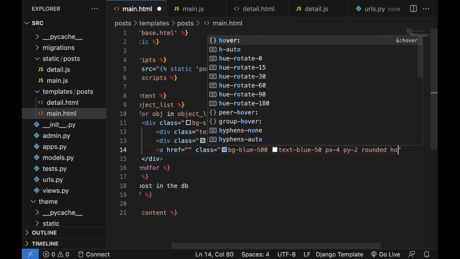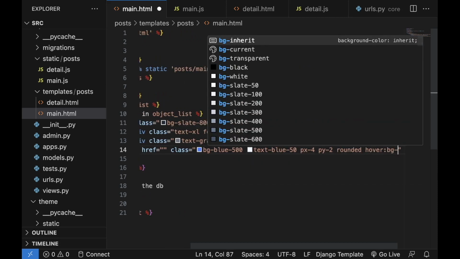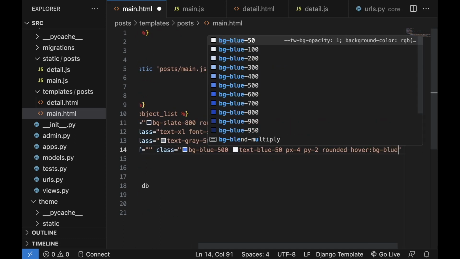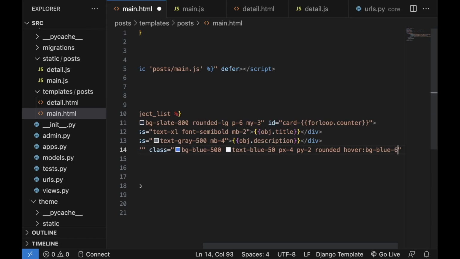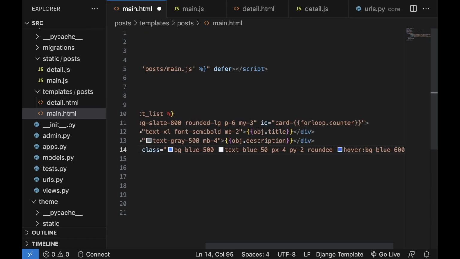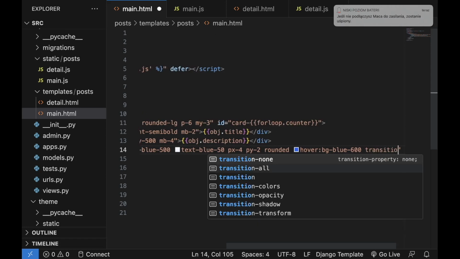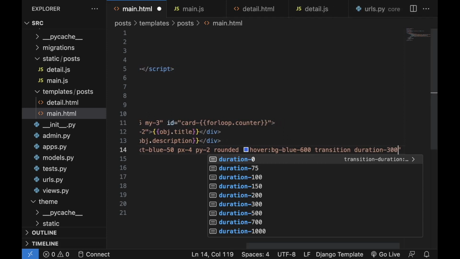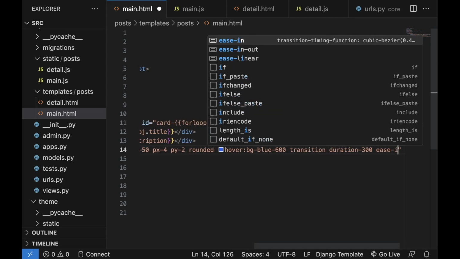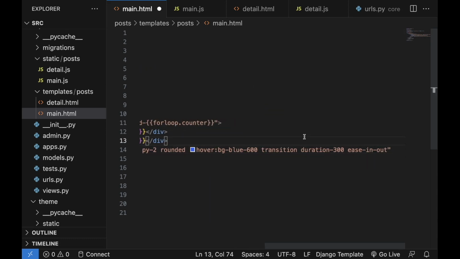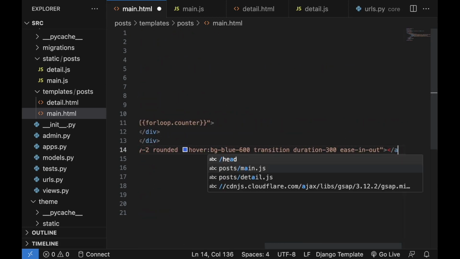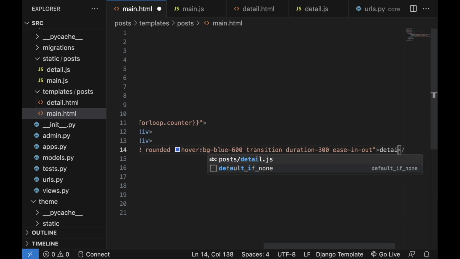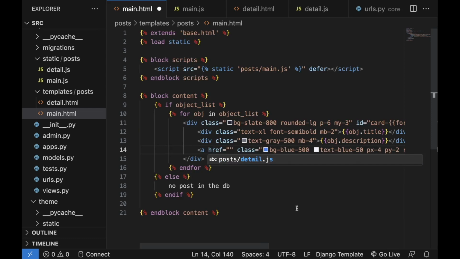And let's, on hover, change the background to bg-blue-600, for instance. Okay. Let's set the transition duration to 300 milliseconds, and let's also add ease-in-out. All right. Let's close this and let's place in Details. Perfect. Let's save this right now